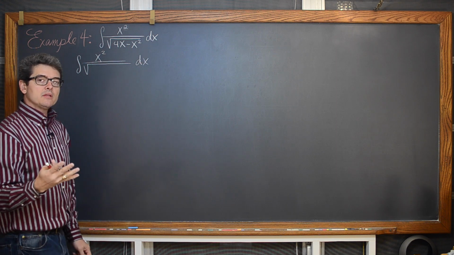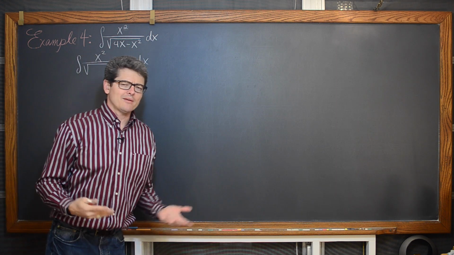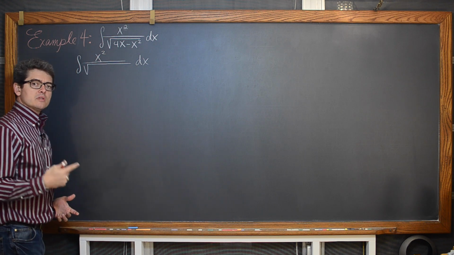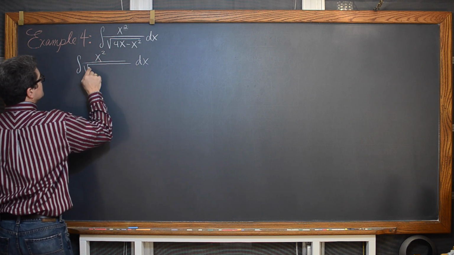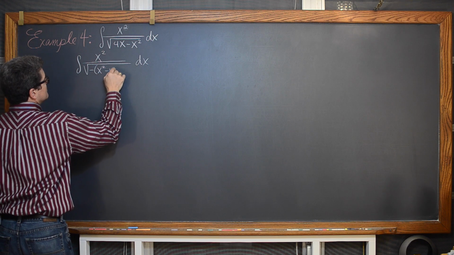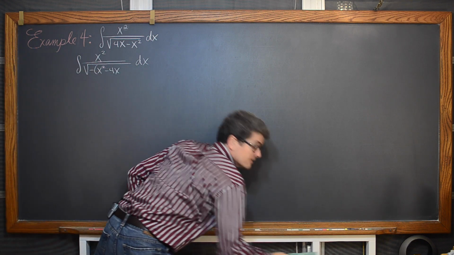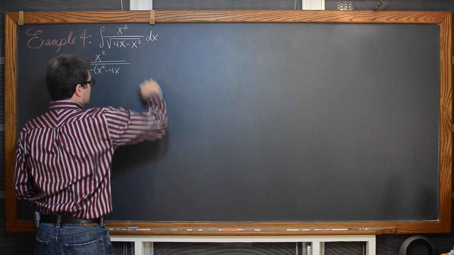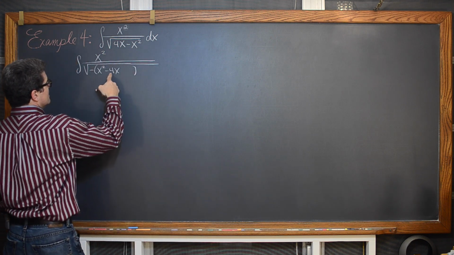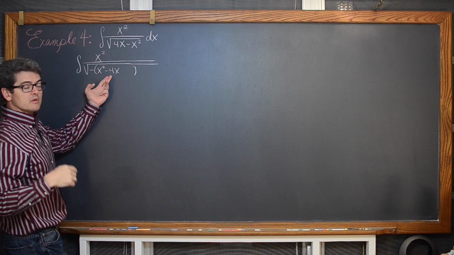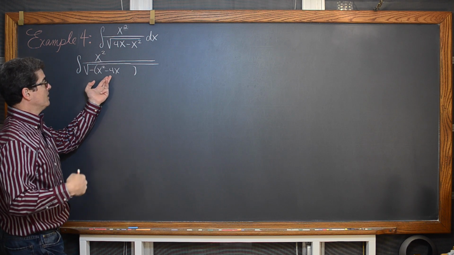And you cannot complete the square, as you guys know, unless the leading coefficient is positive 1, not negative 1. So we're going to factor that out. Leave ourselves more room to write. Half of negative 4 is negative 2, or just half of 4 is 2. Go ahead and square that.